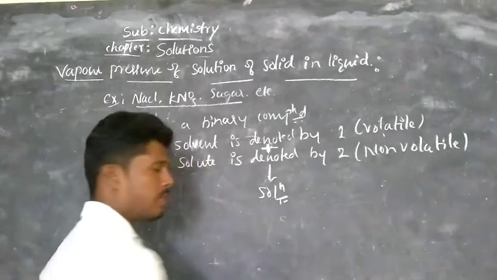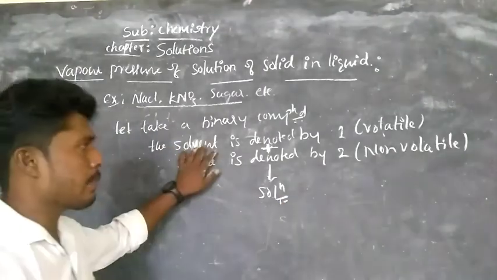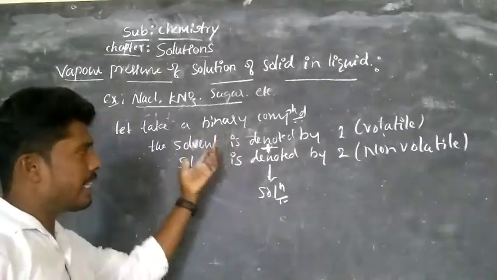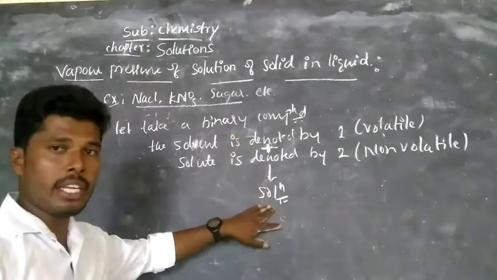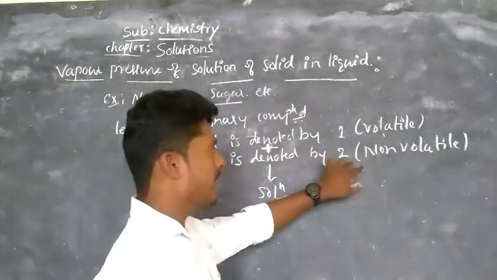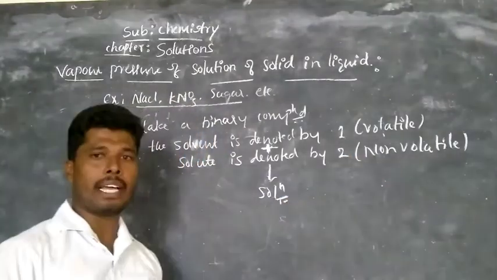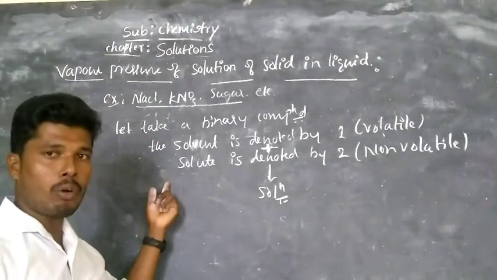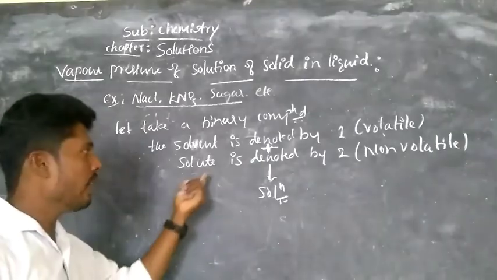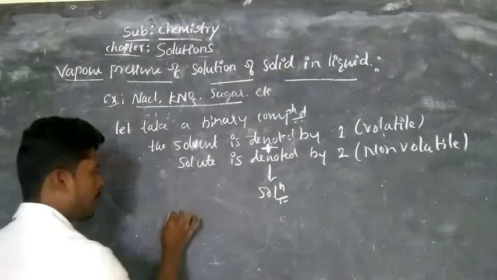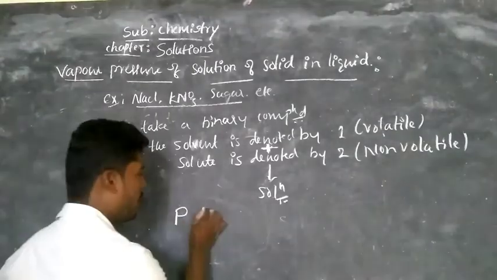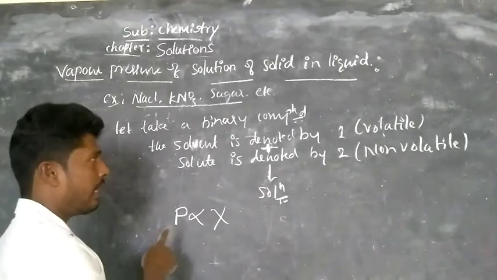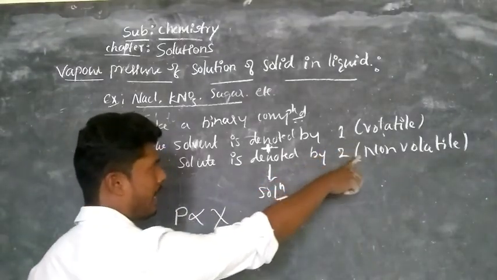Okay, in this case, observe that if the solvent is in its pure state, its vapor pressure is high. So after adding solute, the vapor pressure of the solution decreases because the solute particles are non-volatile. Therefore, according to Raoult's law for a binary compound solution, if the solute is non-volatile, then the partial pressure of a component is directly proportional to the mole fraction of that component. Okay, therefore here we denote the solvent as 1, which is the only volatile one.